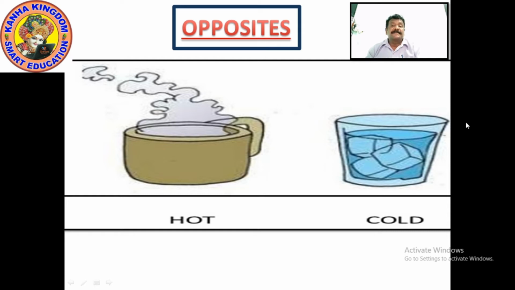There are several things which you can define as cold. All the cold drinks which you drink, Limca, Thumbs Up, Coca-Cola, everything. There are many things which are cold. Ice creams are supposed to be cold. But the beverages which are hot: coffee, porridge, tea, everything is hot, right? Opposite of hot is cold and cold is hot. Please write it down.